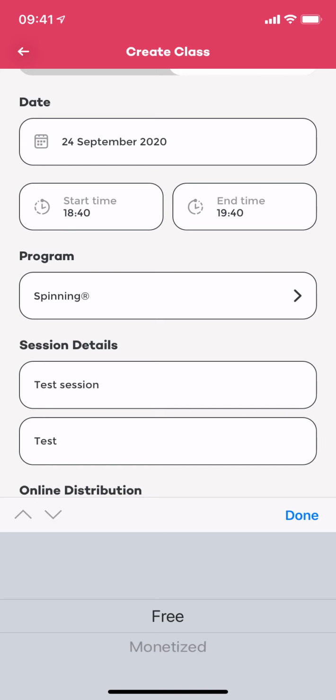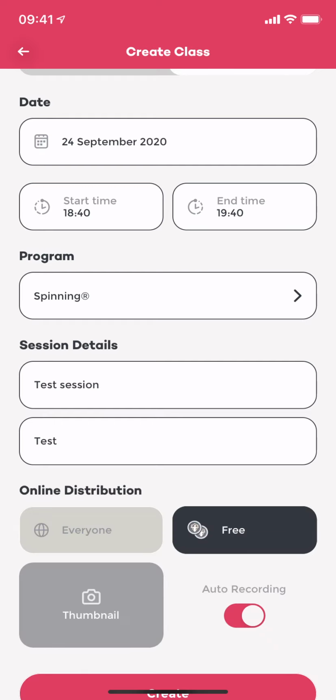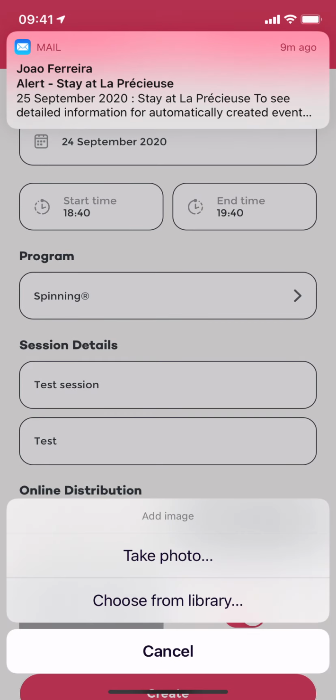So do that the first time you create a session, and then you can delete the session as being a test session. After that, when you create a new session and it's monetized, when it's streamed on the website, people will actually have to pay for it. So I will select free in this case here, and I will select